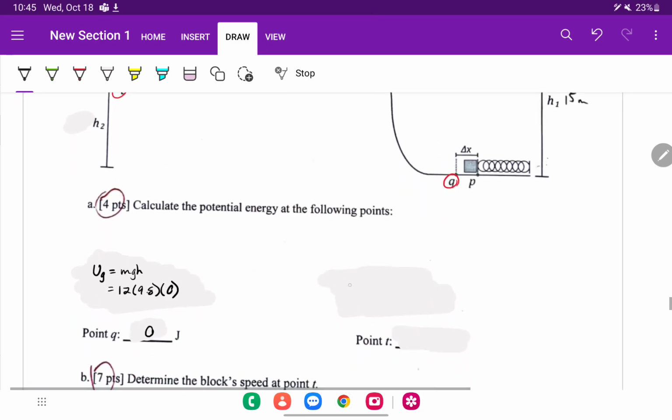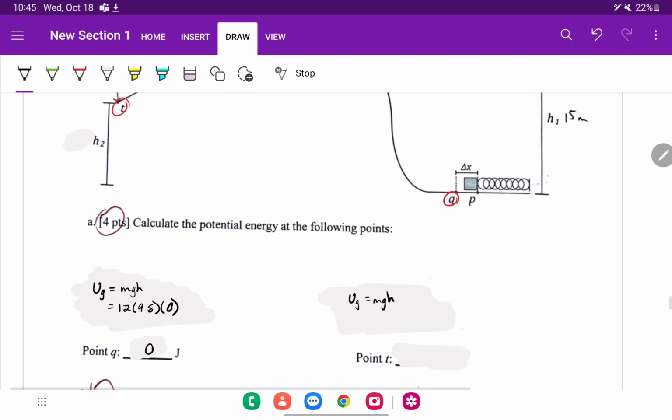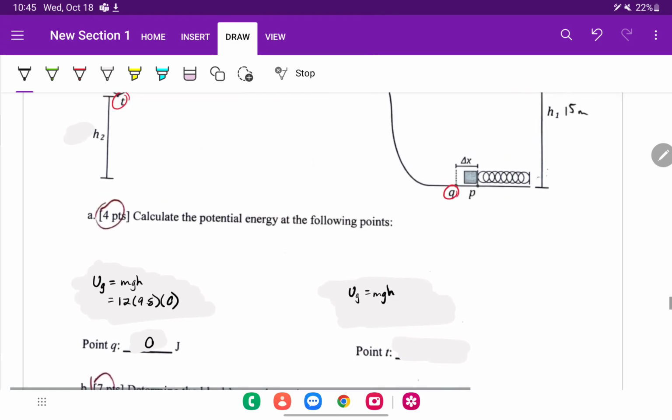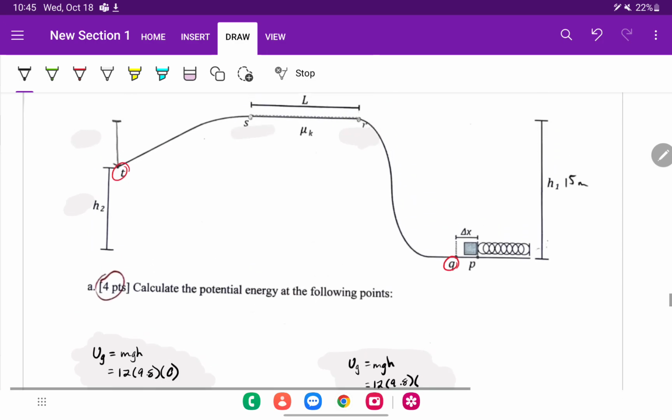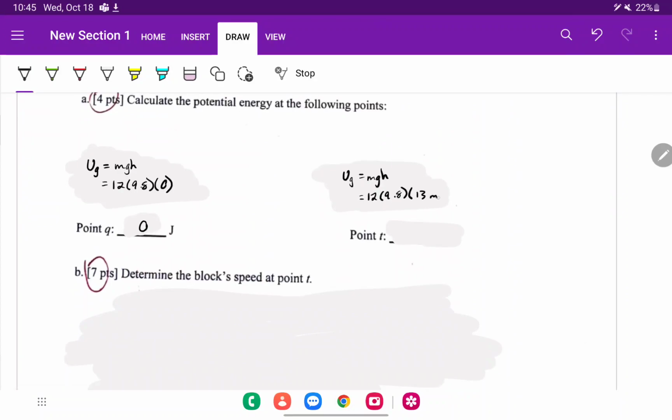At point T, do the same thing. We only have gravitational potential energy at that point. The spring only gives potential energy when it's actively being compressed. It doesn't carry on throughout the whole time. It's just while it's being compressed. So we only have to look at gravitational again. We're going to do 12 times 9.8. At this point, we are at height h2, which is given to us as 13 meters. So at point T, on the calculator, 12 times 9.8 times 13,